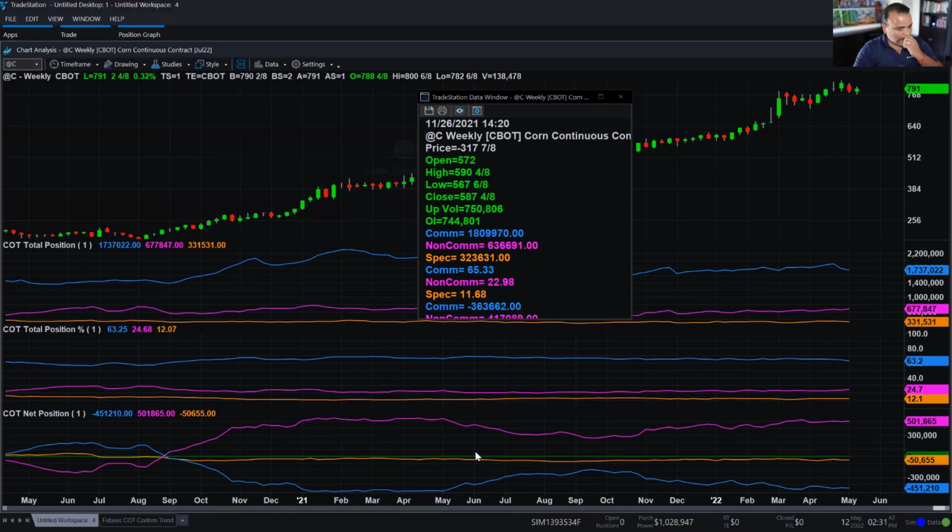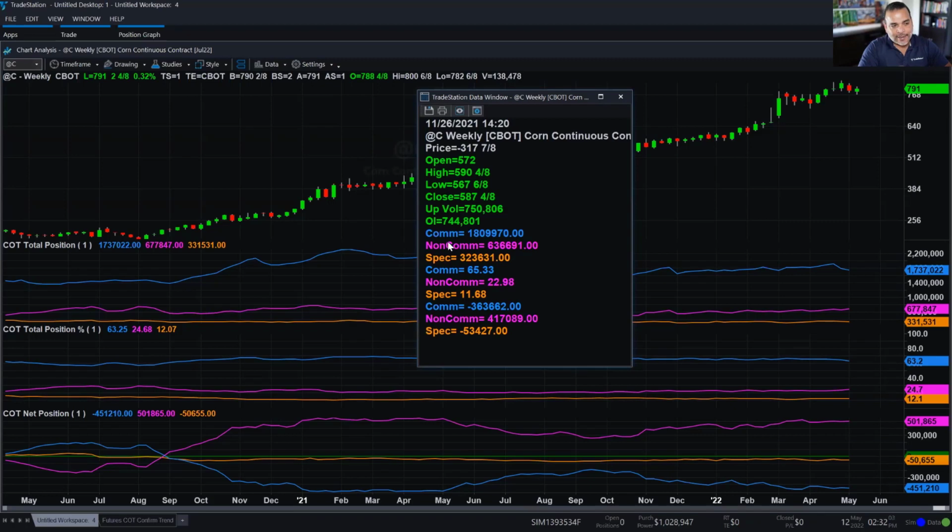All right, so here we go. Take a look at the lines here, because first of all, we see how the lines were inverted. Now we can see the magenta line on top and the blue line at the bottom, but they all mean the same thing. I brought up the data tips window so you can see that we are consistent with the colors. The blue line is always the commercials, the magenta is always the non-commercials, and the orange is always the speculators. That way there's no confusion as to which line is which. Having the data tips window gives you a label of which one's which.